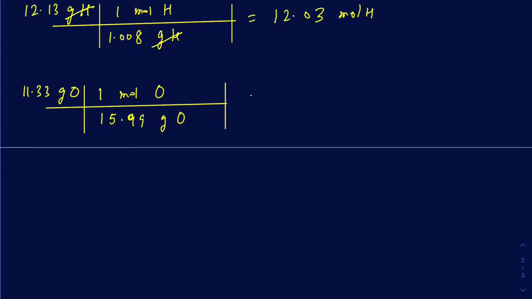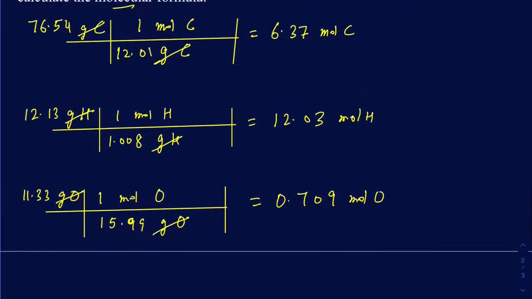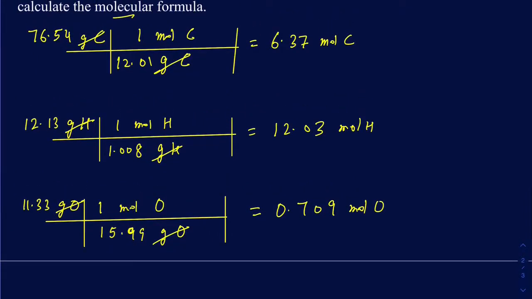And then do the math here, and let's see what that comes out to be. So we got 11.33 divided by 15.99. And that's going to be 0.709 moles of oxygen. Okay, so once you calculate the moles of all the elements that makes up the compound,